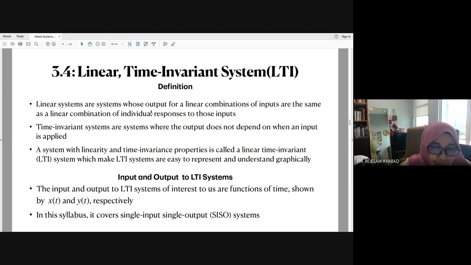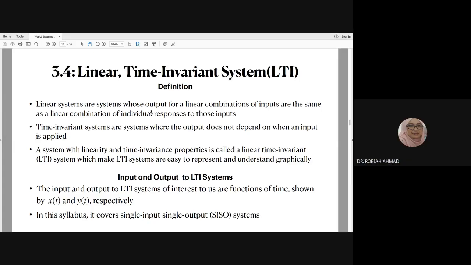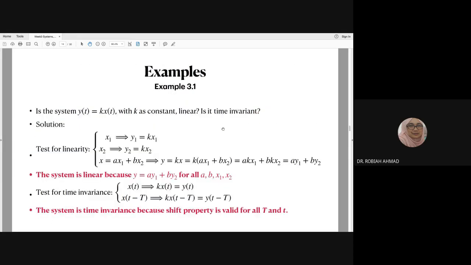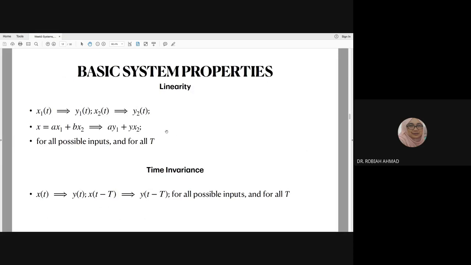applied. Jadi kalau kita tengok x(t minus capital T), so dia sama, dia tak kisah bila dia akan dia hold that invariance property. So a system with linearity and time invariance properties is called linear time invariant, which makes LTI systems easy to represent and understand graphically. Jadi bila kita ada properties ni, kita boleh predict what the future will be when the system holds these linearity and time invariance